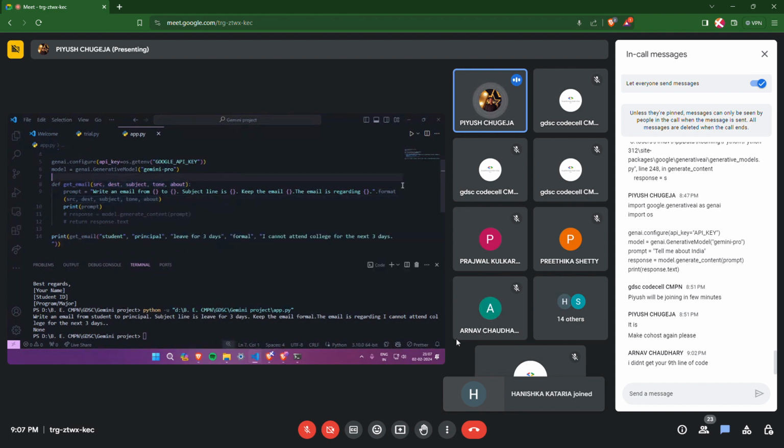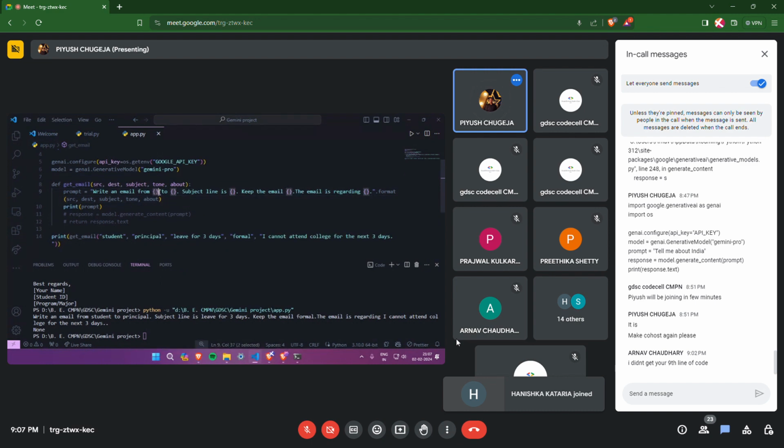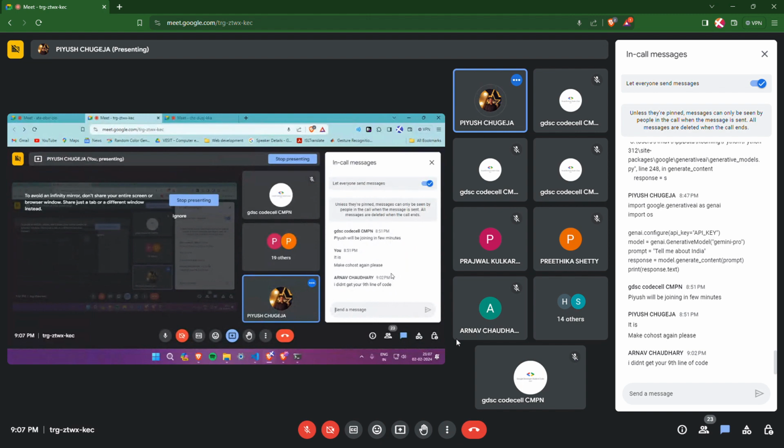So what format helps you do is, format will replace these curly braces with the values you pass here. Okay. Now see, if you read this prompt, read it once. We had put curly braces here, but what has come here is what we passed, right? Did you get this or no? Great answer.